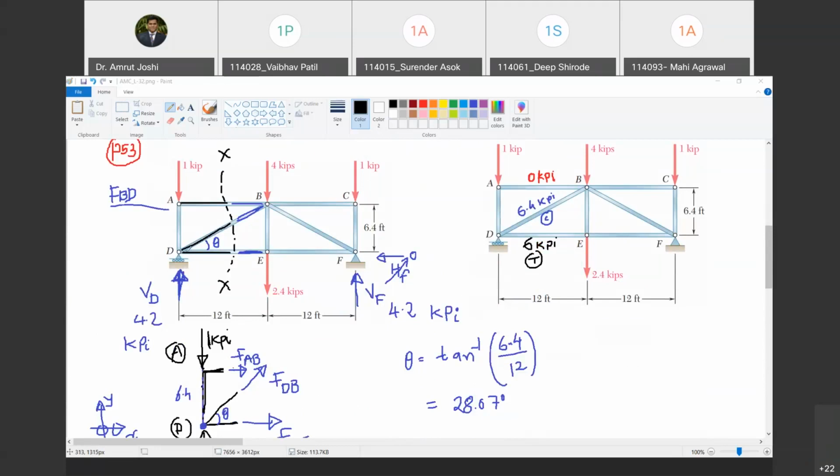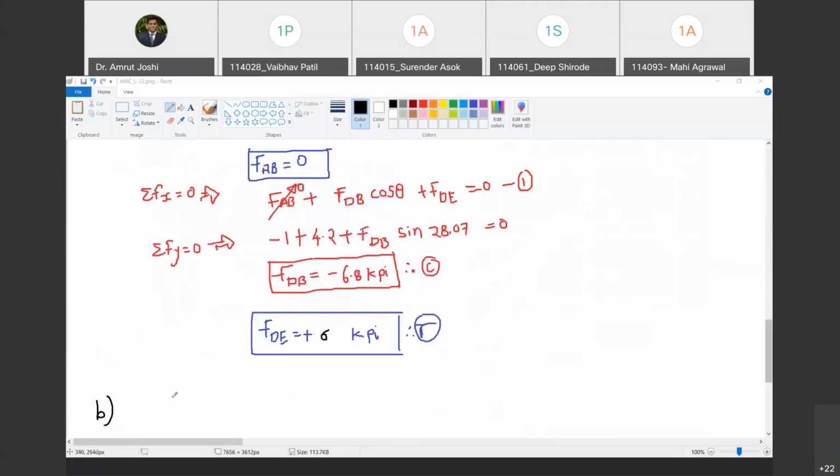At joint D, I have three unknowns because three members are meeting there. So I cannot start with joint D. I have to have only two unknowns for method of joint. Do you agree with me? Yes, sir. What about B? At B, I have 1, 2, 3, 4, 5 unknowns. I cannot start. At F, I have three unknowns. I cannot start. But what about A or C? I can start with any of these joints because at A, we have only two members meeting. Are you with me? Yes, sir. So let us start from joint pin A.